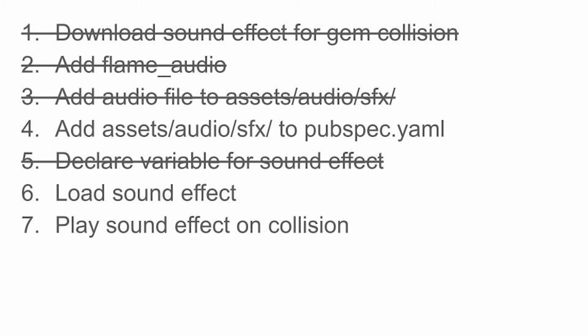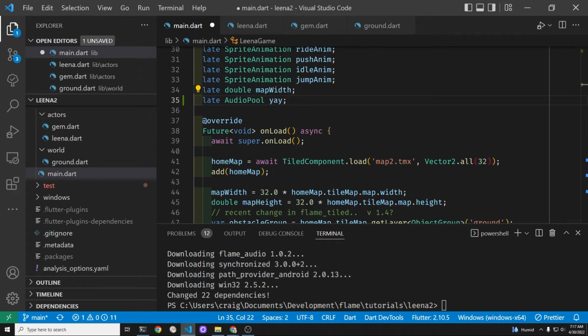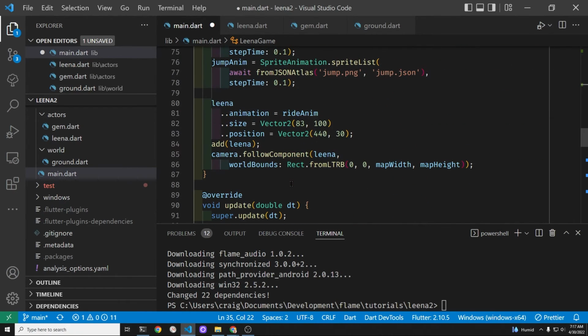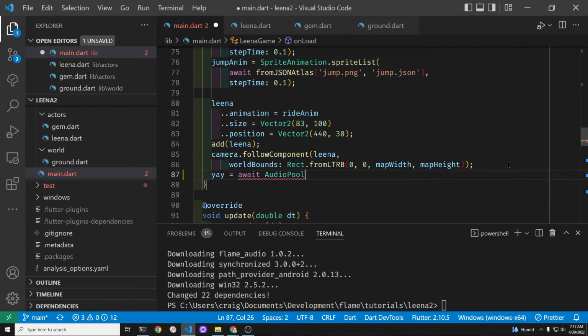The steps are getting a little trickier because you're going to have to refer to the documentation for Flame Audio. However, it's good for learning to put some effort in prior to looking at the solution. After we declare the late variable, we're going to have to load the actual audio file from the local storage with AudioPool.create, and then it's the name of the file that you have in audio/sfx. So we start off with the variable that we had a late declaration for, yay equals,